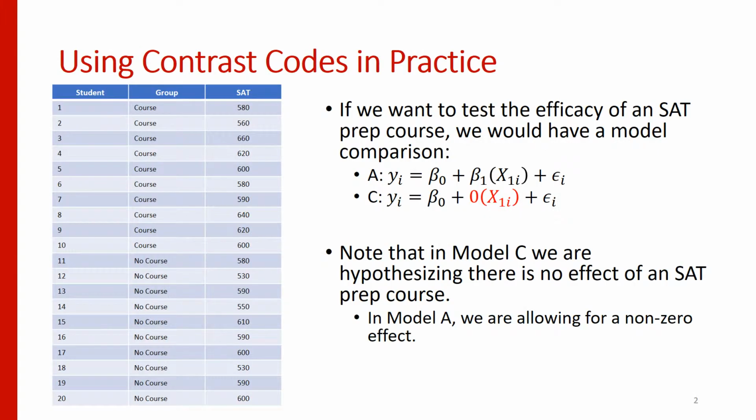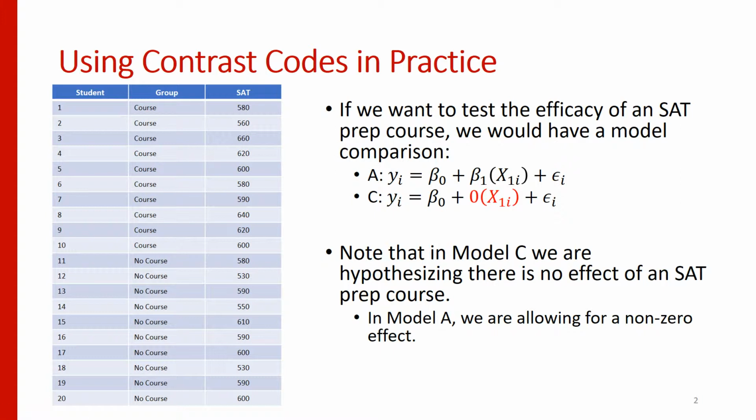Right, so now when using these contrast codes, as we said, we had this example in the textbook where we have groups of people who either took an SAT prep course or did not take an SAT prep course, and then we got their subsequent scores on the SATs, and we're going to have a model A, model C comparison, where in model A we allow the slope to be some non-zero value, whereas in model C we force that value to be 0, which would be the same as excluding x from our model,